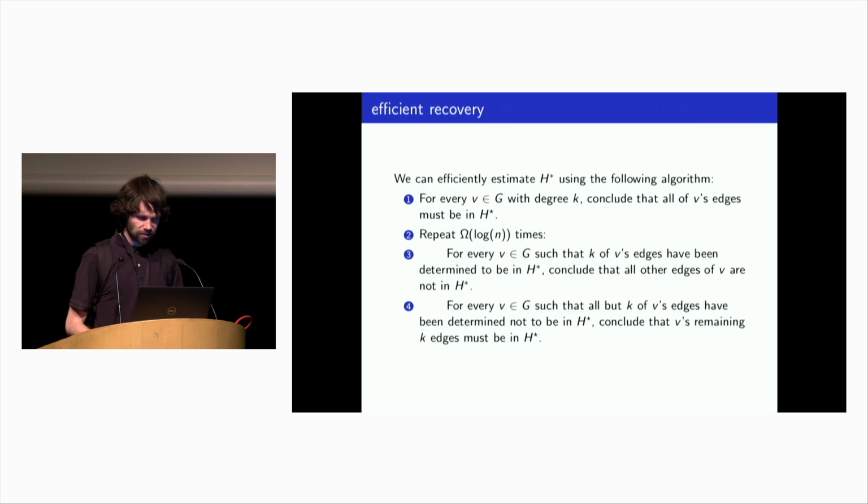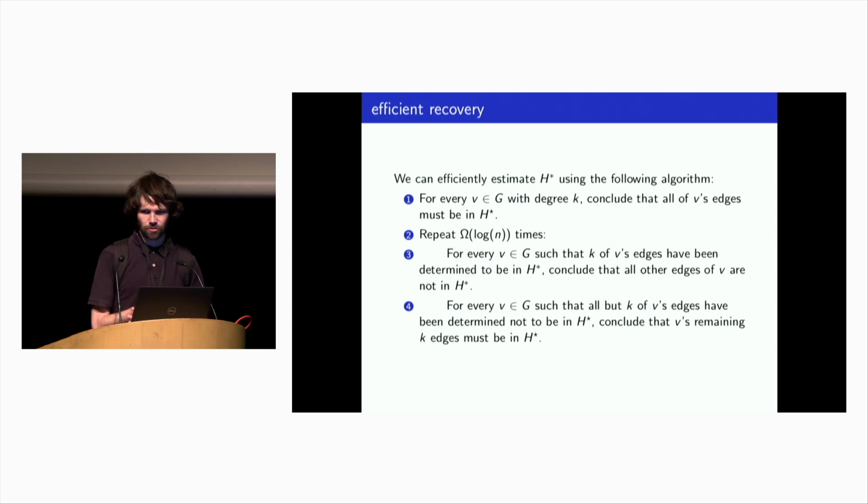So the other question is just what we can do efficiently. And for the most part, we can do about as well as is possible efficiently by just applying logic. If any vertex in the graph has exactly k edges, then they all have to be planted. And if that allows us to find k planted edges adjacent to any vertex, then any other edge that vertex has must not be planted. And if that gets us down to k edges for any vertex that might be planted, then they all must be planted. And we can go back and forth